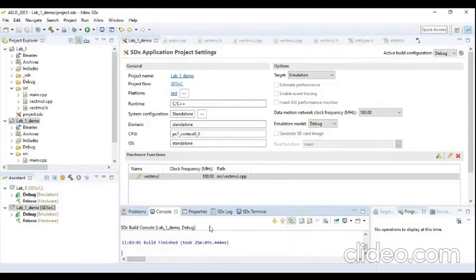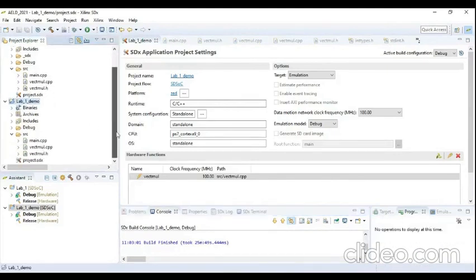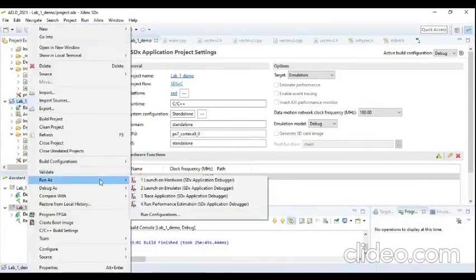Okay, so the build has now completed. So let us run it on the emulator. To run it, right click on it, Run As, Launch on Emulator.